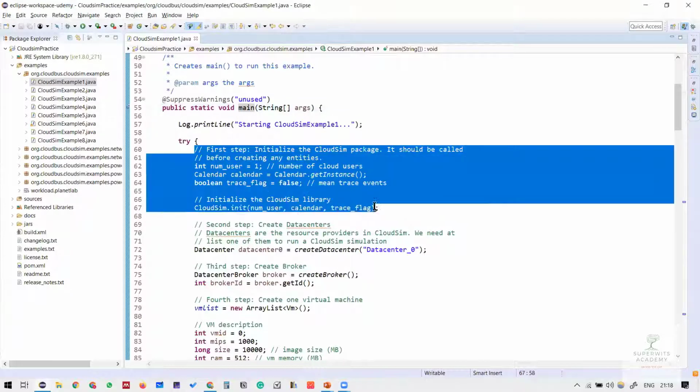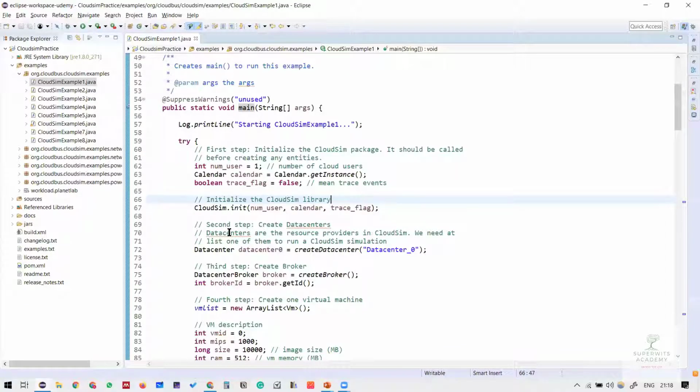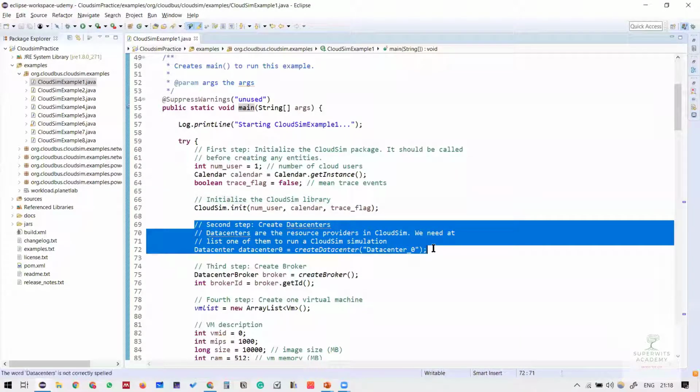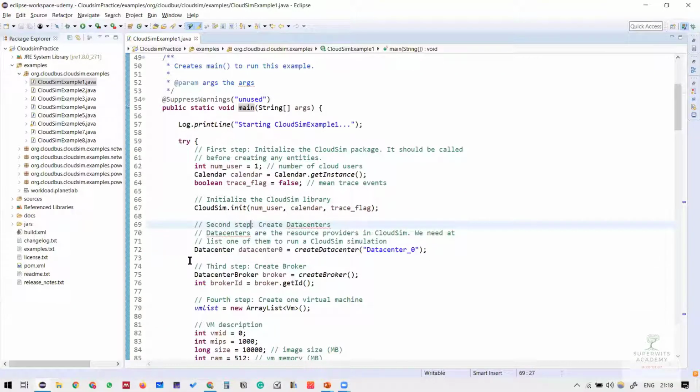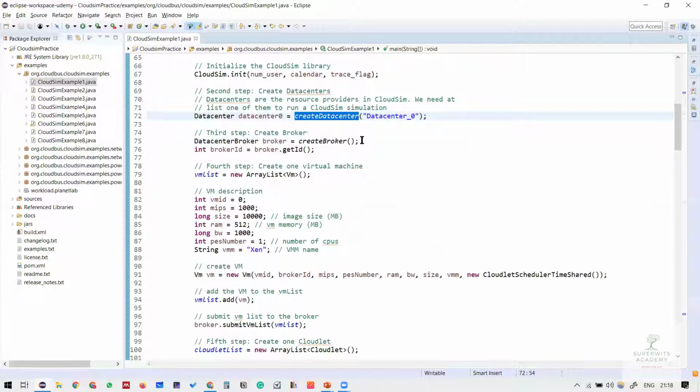The very first step is these lines, these instructions, for the initialization of the particular CloudSim example, and then correspondingly you create the data center and the data center broker. This create data center is actually going to define the host and all. We are going to look inside this function when we define the host. Then the data center broker is created through create broker, and the broker ID is used as a user ID within the system to represent the user within the CloudSim simulation, right?